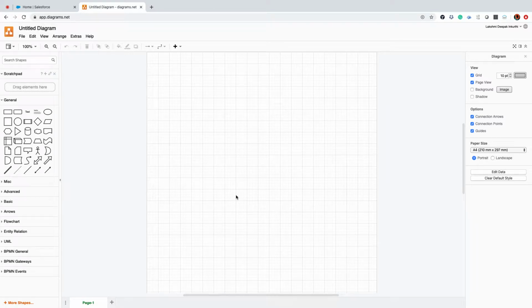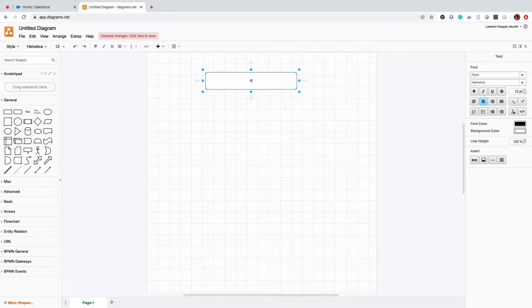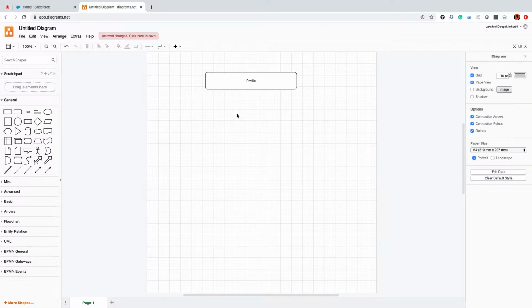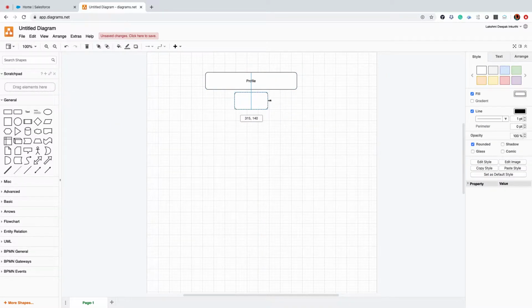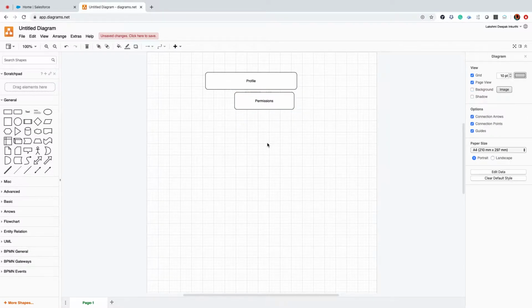Okay, we'll be talking about a concept called roles. Whenever in Salesforce we have different layers of security. One is profile, and another is permission sets, because permission sets are something which will extend the profile permissions to a user, right?